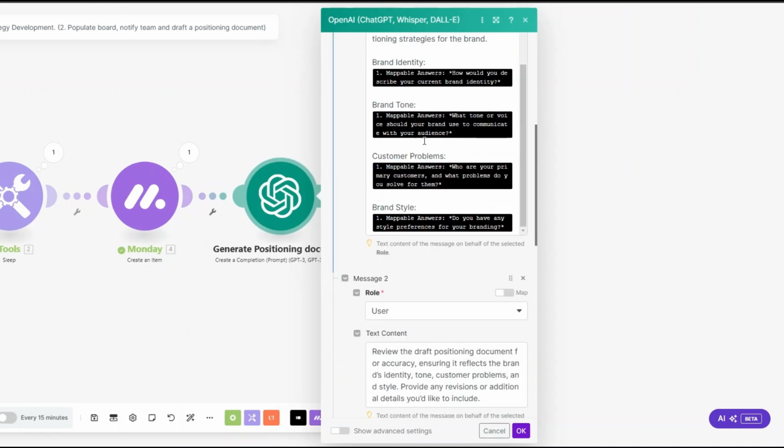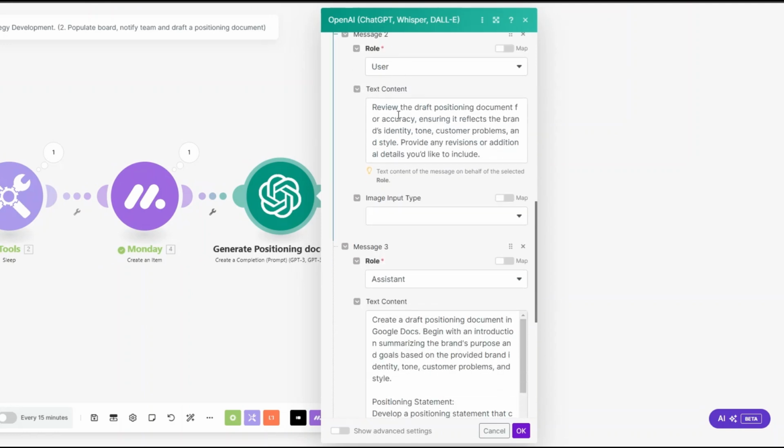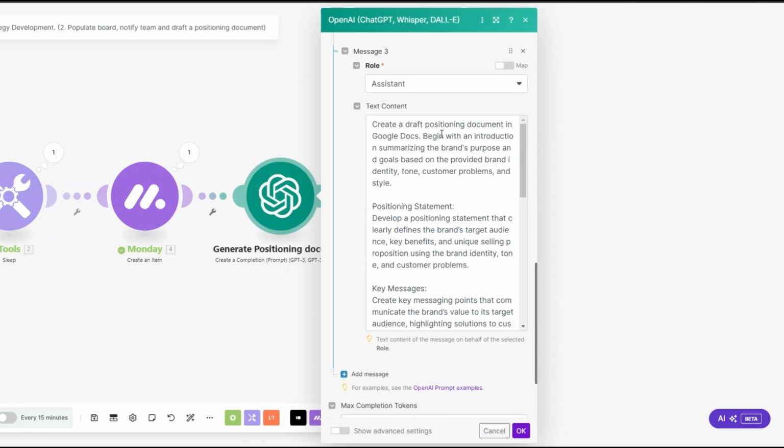submitted on our typeform. And then for our user role, we're telling ChatGPT to review the draft positioning document for accuracy, ensuring it reflects the brand's identity, tone, customer problems, and style, providing revisions or additional details you'd like to include. And then for the role of the assistant, we're telling ChatGPT to create a draft positioning document in Google Doc,